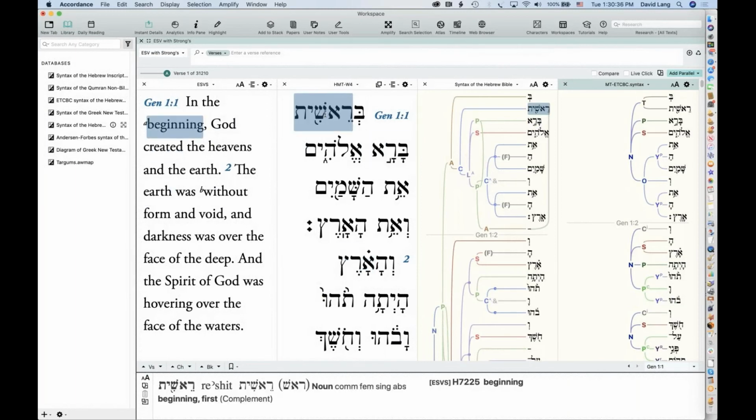You'll also see the syntactical information within the instant details, and it's basically using the syntactical information of the syntax database that I've set as my default. So I've got the Homestead as my default. So you can see here, when I hover over Reshit, it says complement here.